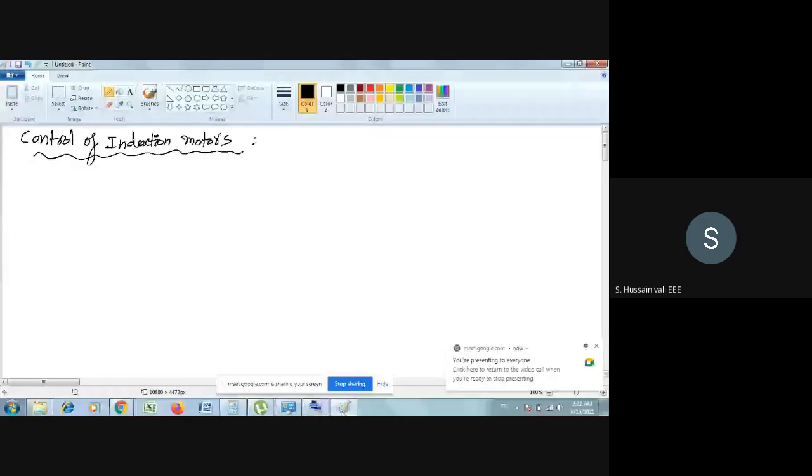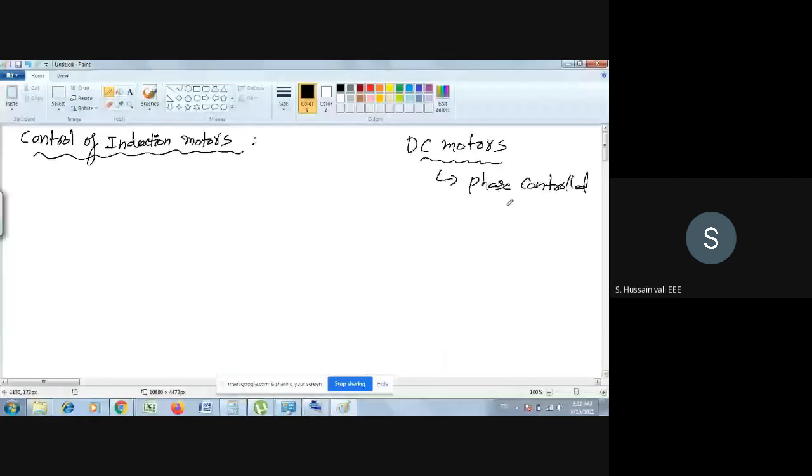In the last class, we were discussing the control of DC motors. What we have seen is mainly phase controlled converters, which is one converter, and the other one is the chopper. Using these two converters, that is phase controlled converters and choppers,